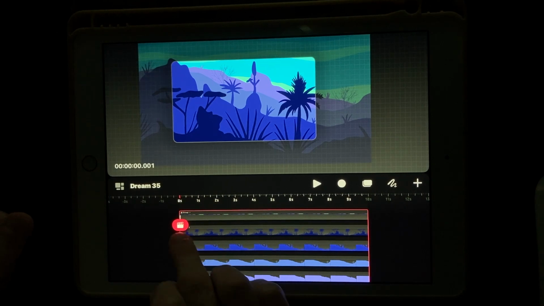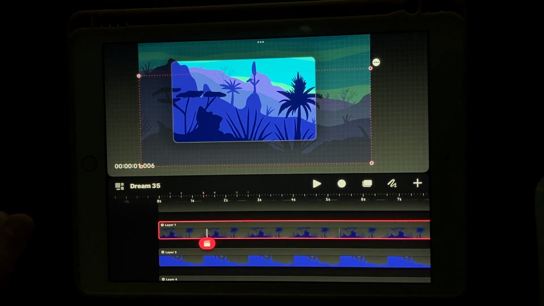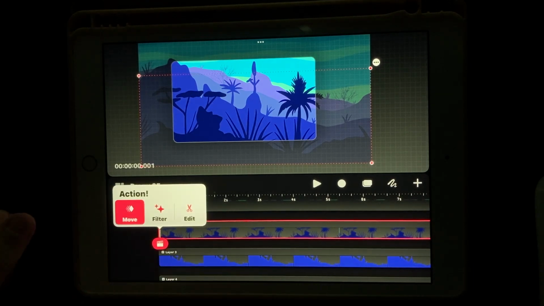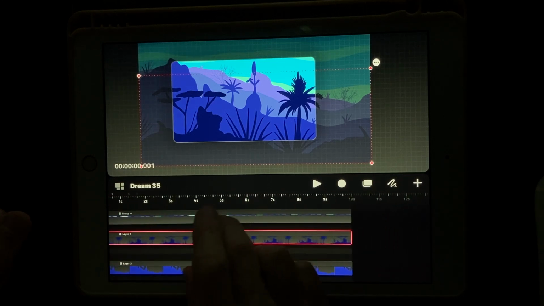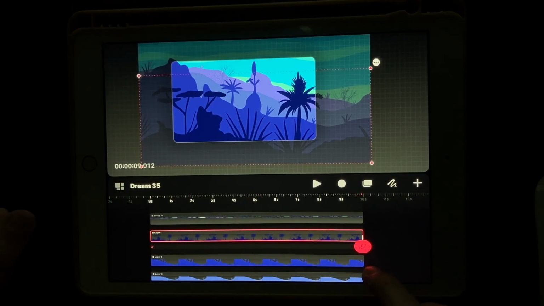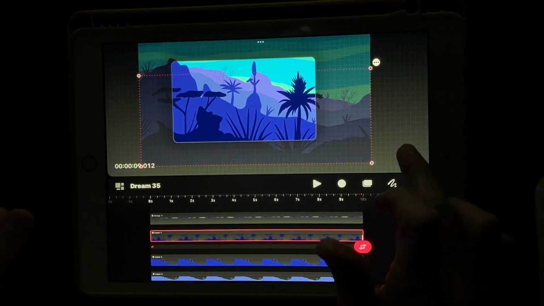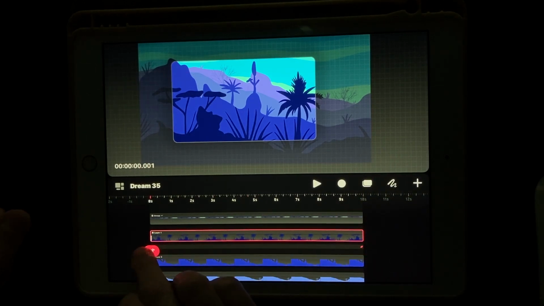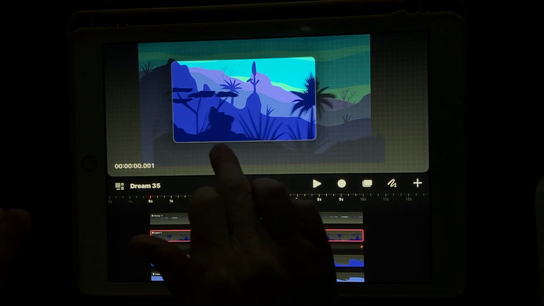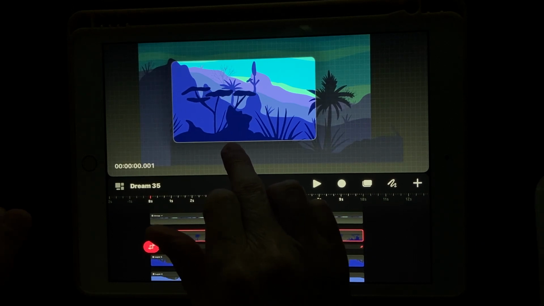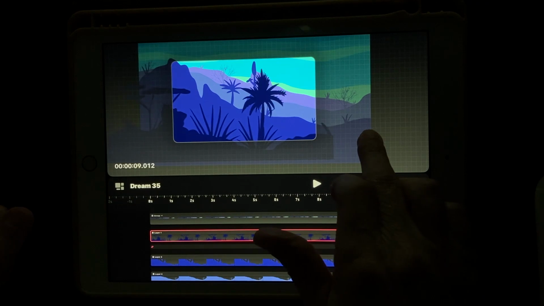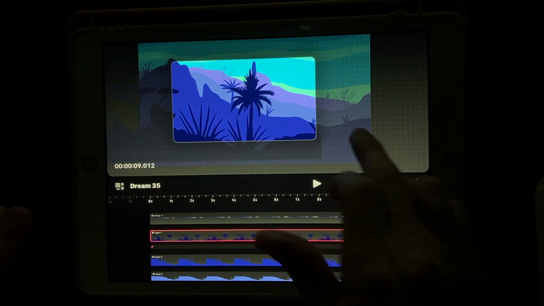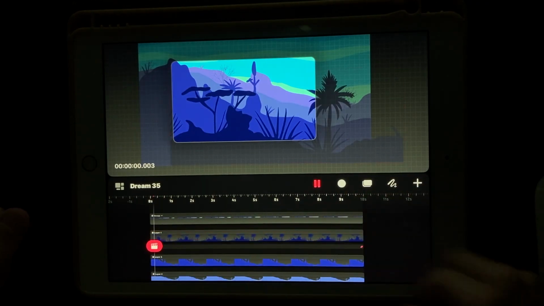So what we're going to do first is start with this first layer right here. We're going to click on it and hit move, and move and scale. Alright, and then we're going to take it all the way to the end over here and click on it again and move it. So actually, that first keyframe that we made here, I'm going to start from the beginning. So I'm going to move that over there, and then here at the very end we're going to make it go over to the end here. So that's going to be quite a quick